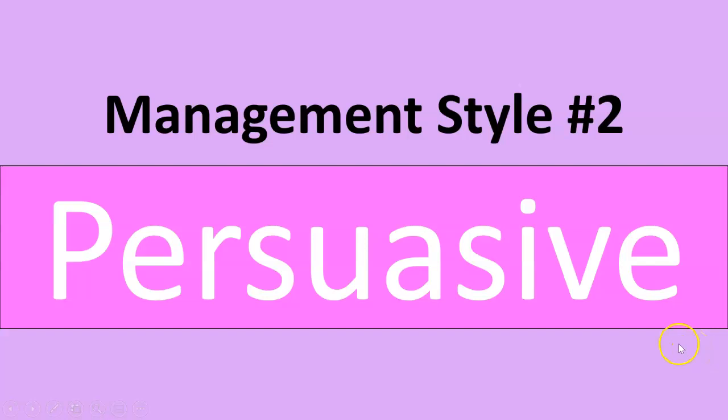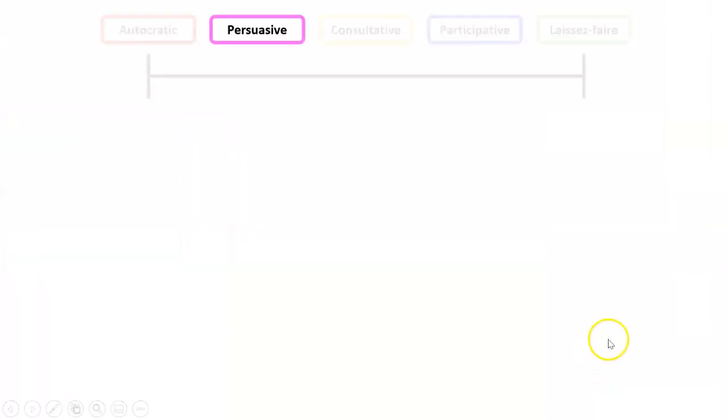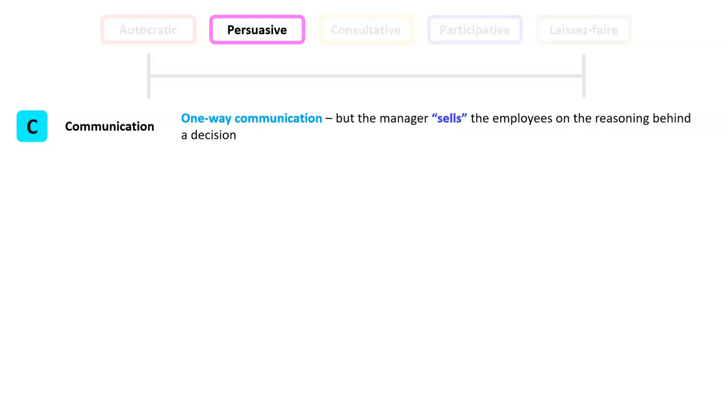After autocratic, our next management style is persuasive, and it is so similar to autocratic, we really don't need to remember two different things. We can basically remember everything the same with just a couple of very small differences. So the first difference is with the communication. With an autocrat, we said that's someone who tells you what to do. Well, with a persuasive, the manager tells employees what to do, but then they sell the employees on the reasoning